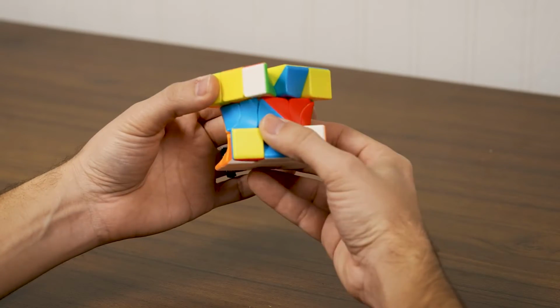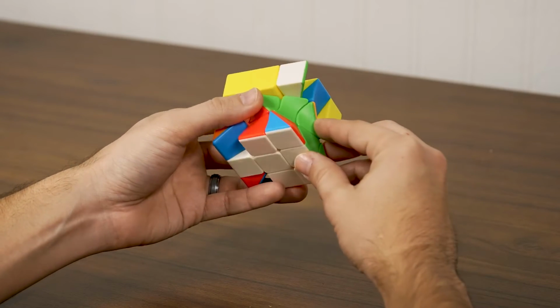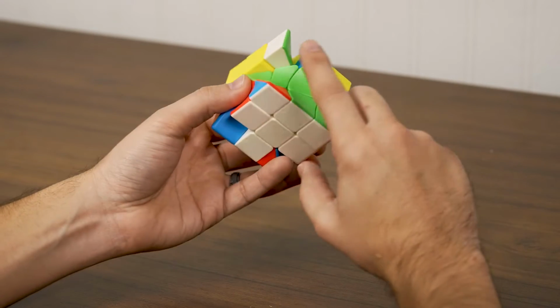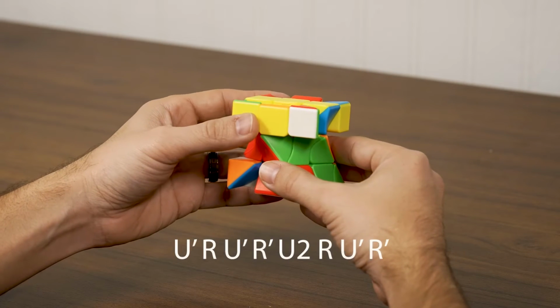So if it was not there, you would just rotate it right above where it's supposed to go. And we know that this piece is supposed to go right here, because the colors match up. So when the white is facing us,